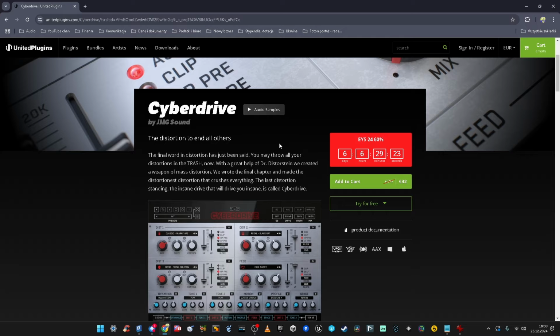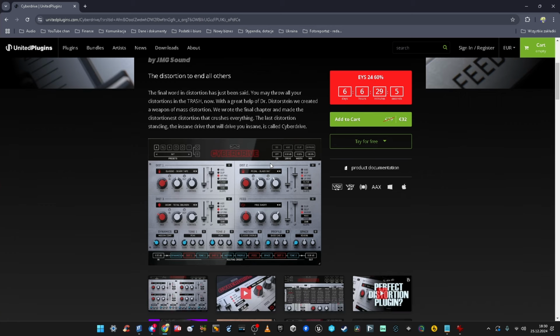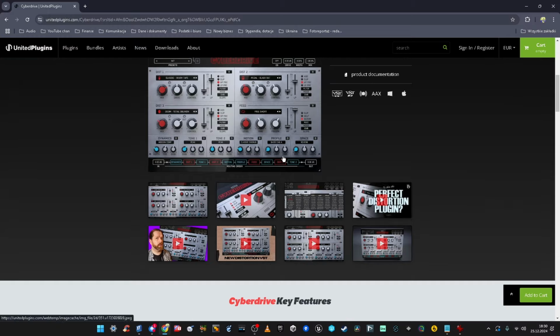And Cybredrive from United Plugins was a real surprise to me. I didn't actually expect anything great from this plugin. I just had some free time, so let's review something from United Plugins, because I never reviewed anything from them. United Plugins are a bit like Plugin Alliance, but not under the name of Dirk Ehrlich. Greetings, Dirk, but under the supervision of Melda Plugins and Wojtek, their founder.